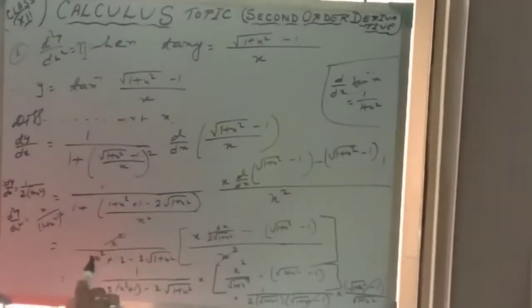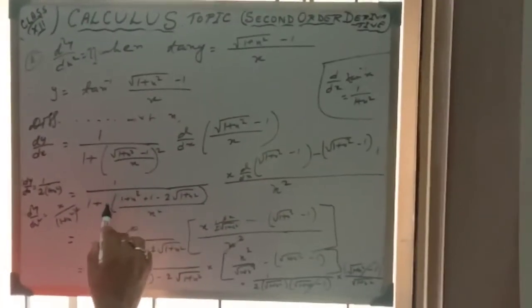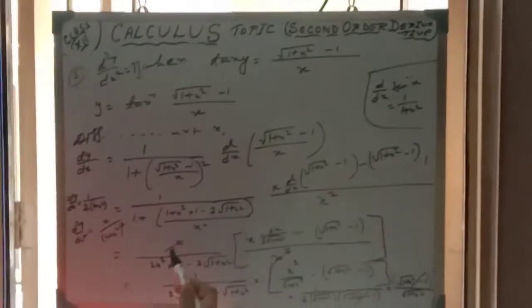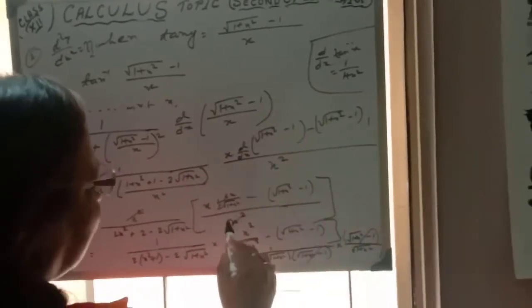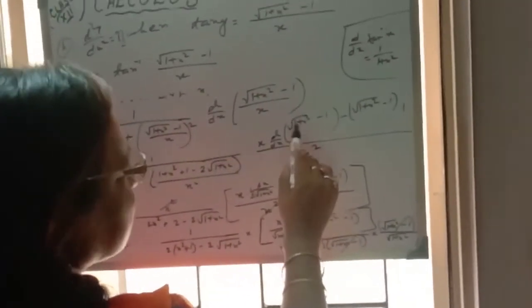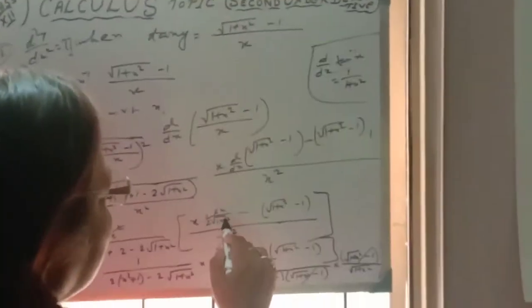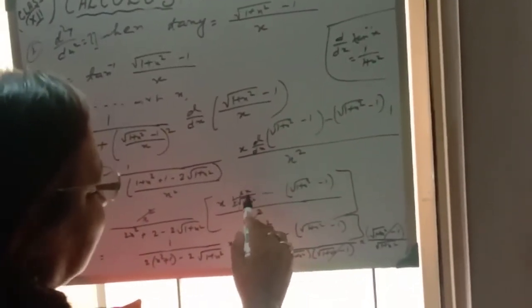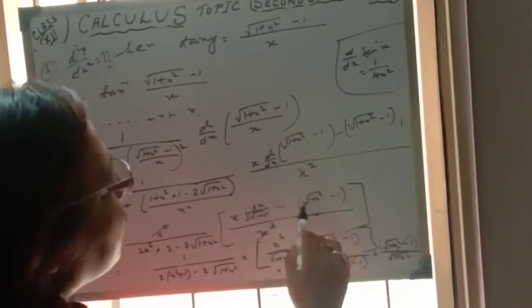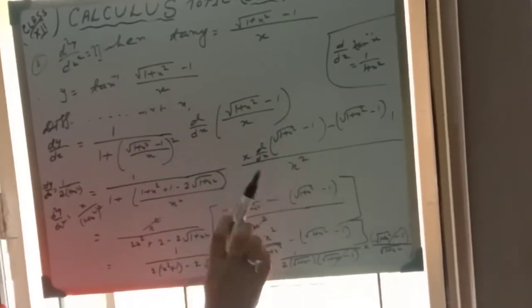Now do the LCM part, then what we will get? 2x square, x square plus x square is coming 2x square, 1 plus 1 is coming 2, and minus 2, and this 1 by this by x square, so it will automatically be the numerator part, so it will be x square by the whole, into this side again denominator part x square, and x into d/dx of this square root of 1 plus x square. 1 plus x square whole to the power half means half into 1 plus x square whole to the power minus half, it will be square root of 1 plus x square into d/dx of 1 plus x square, so it will automatically be 2x, minus square root of 1 plus x square minus 1, and this is numerator x square, denominator x square, these 2 will be cancelled. So what we will get?